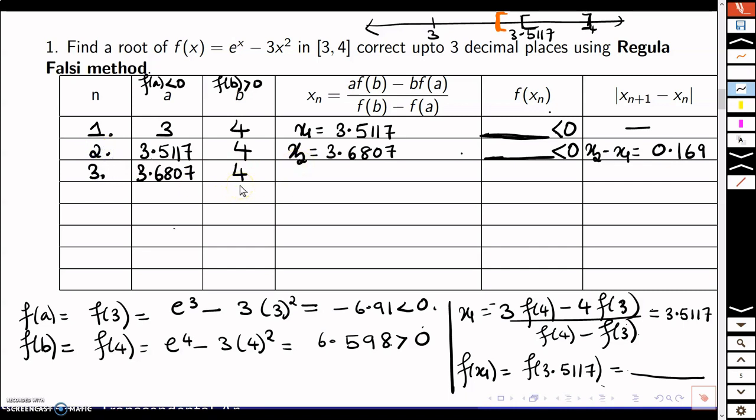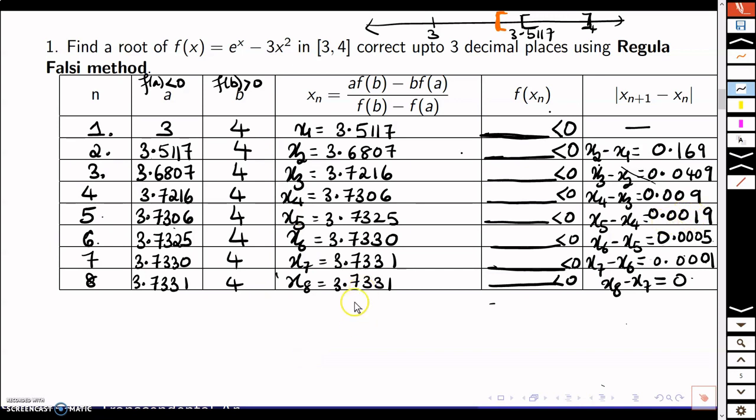So now what you have to do is repeat this process until the error here turns out to be smaller than 0.001. Okay, so you have to keep on doing that until you reach that stage. What I'll do now is directly jump to the last iteration and enter the values of all these iterations here, and you can check and verify the values that I am providing you. Okay, so I have finished the iterations.